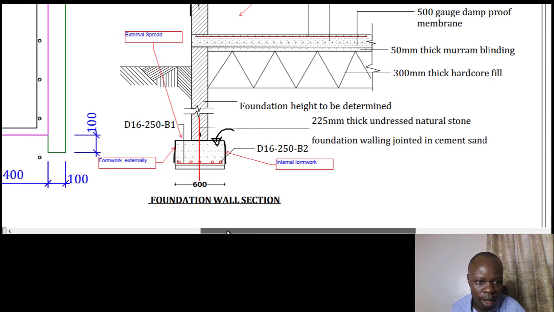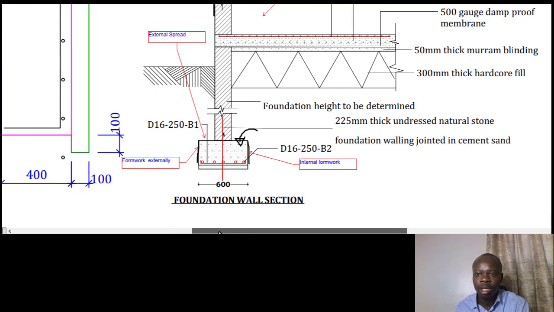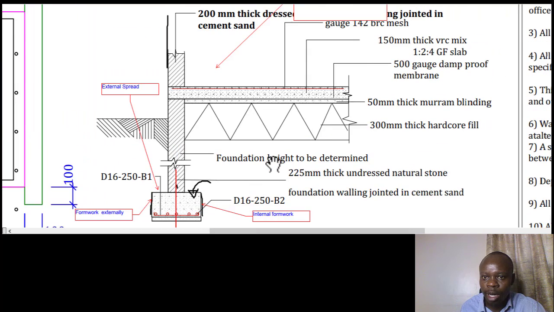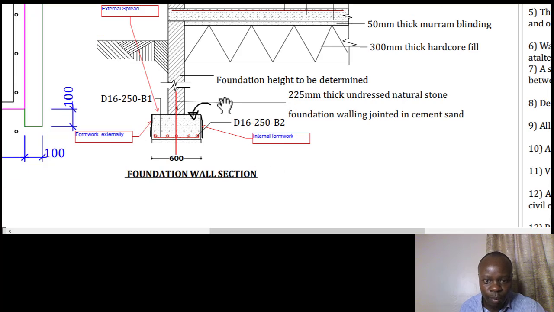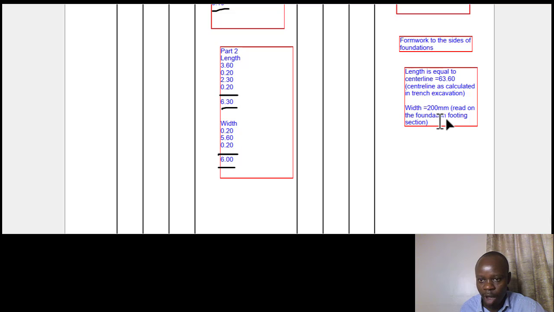That said, we can go on to another item and enter the dimensions that we have. You've noted that the formwork is going to be on both sides, so that is one thing you also come to understand. So we go straight to our dimensions, and this is what we are going to have: